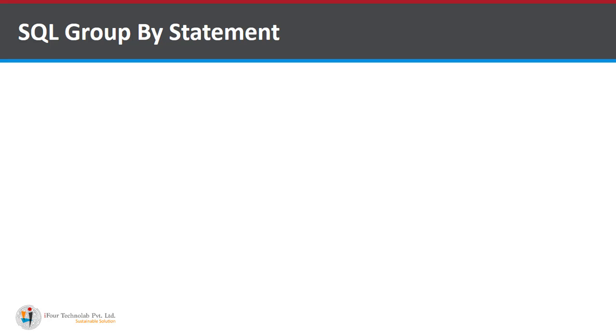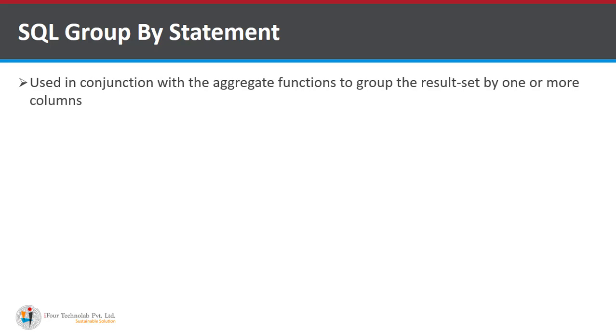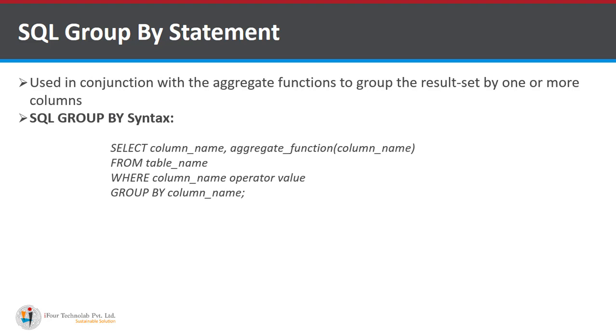Apart from the basic SQL statements, here we have the GROUP BY statement as well. It allows grouping of records. The GROUP BY statement is used in conjunction with aggregate functions to group the result set by one or more columns. The SQL GROUP BY syntax is here, you can have a look: SELECT column name, aggregate function of column name FROM table name WHERE column name operator value GROUP BY column